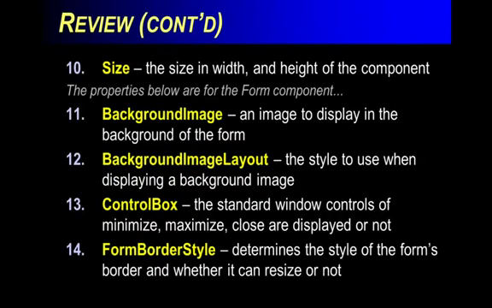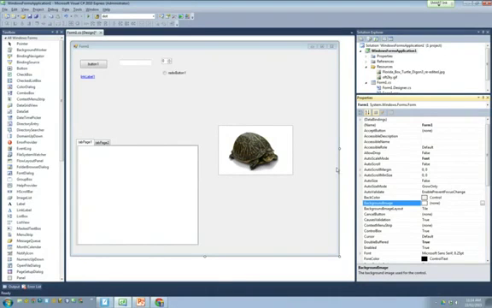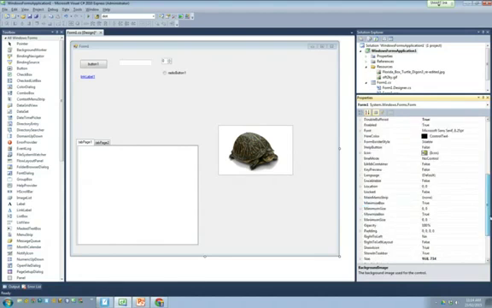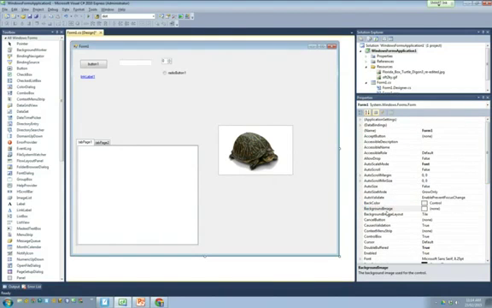So there. Now, in addition, a couple other properties you can play with on a form include the control box and the border style. Now, the border style is a pretty simple one. It just sort of changes the outside appearance. But the one called control box is probably terminology that you weren't aware of. I doubt you were using that term. If I set control box to be false and then play this thing,